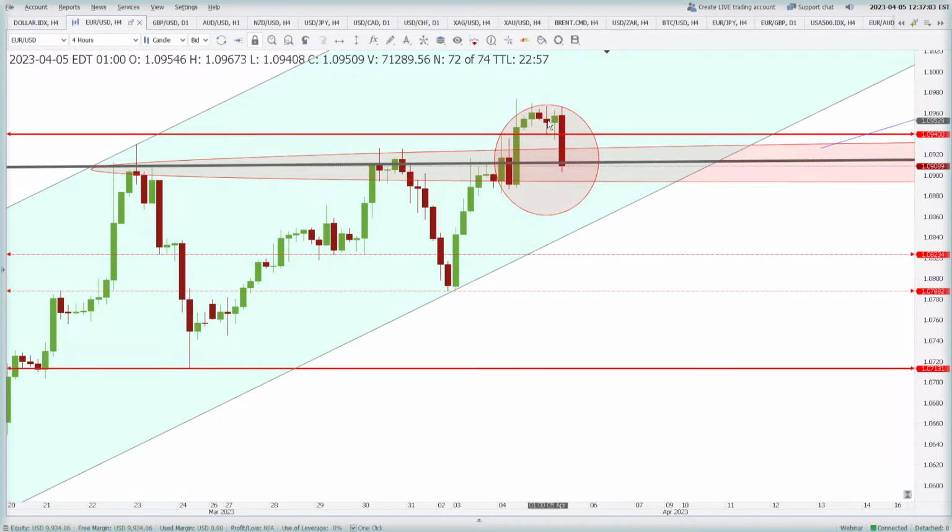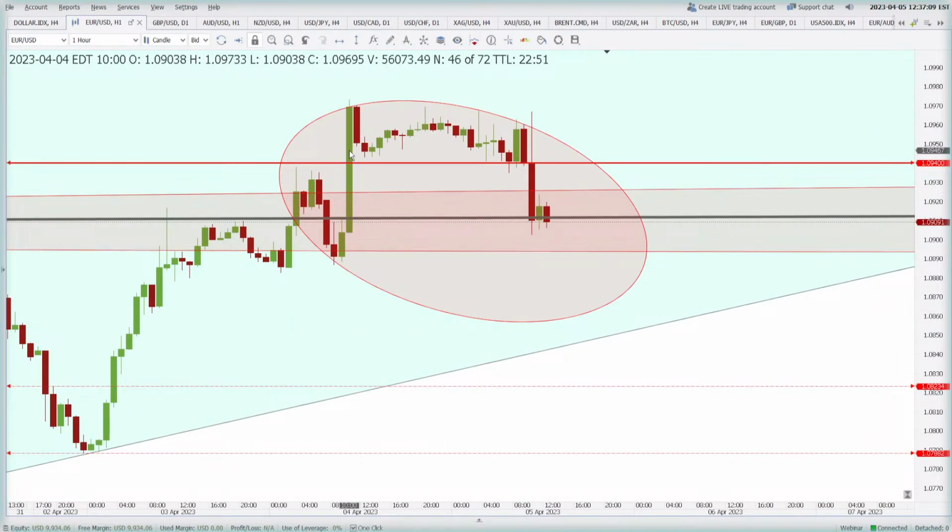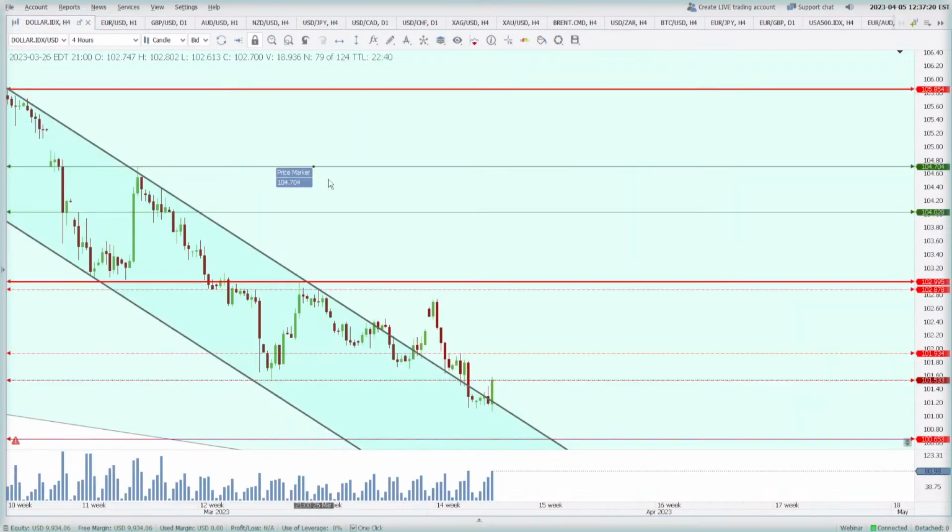So you see that the price went up, down, up, down a lot of times, and if I show you the 1 hour, you will be dazzled. You see on the 1 hour, what has happened? From here price went up down, then price went up down, then again price went up down, and now it is going lower because the dollar index is appreciating.